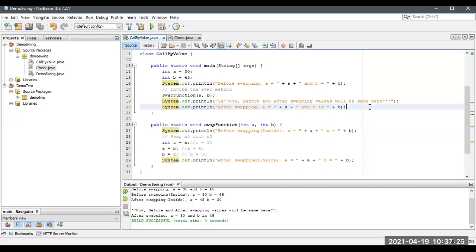Okay, let me check the syllabus. I think its topic has been completed. So after that, passing arguments by value and by a reference has been completed. Keyword this. I think keyword this, I just explained that one. Okay, we'll take another example and we'll discuss about that.